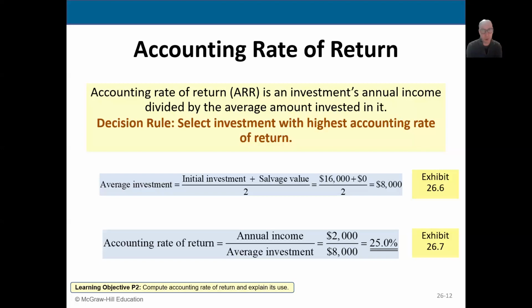When management decides to purchase something like property, plant, and equipment, they don't just look at one piece of machinery or one building. Usually there's a couple of options laid out. Equipment A, B, or C. Building A, B, or C. The idea here is that management's making a decision between alternative investments. So whichever investment has a higher accounting rate of return is the investment that management will probably go with. That's how that works.